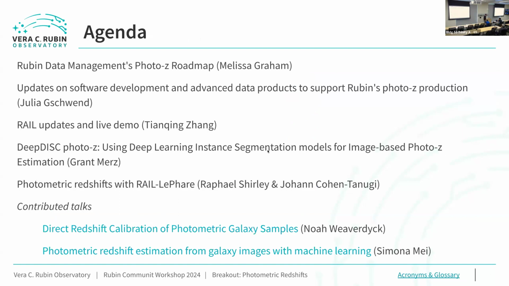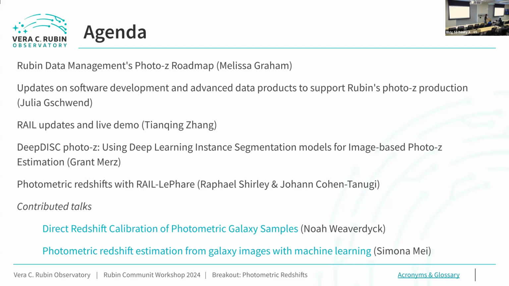And so today's agenda will be, we'll first have Melissa, Graham, and Bryce to talk about the Rubin data management PhotoZ roadmap. Julia will give an update on the software development, Linea, and the advanced data products to support Rubin's PhotoZ production. I will talk about RAIL update and give a live demo, and we'll be followed by 2 talks